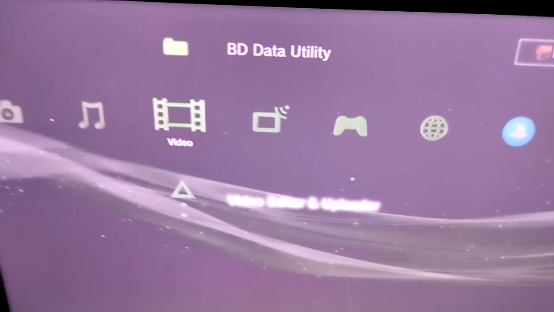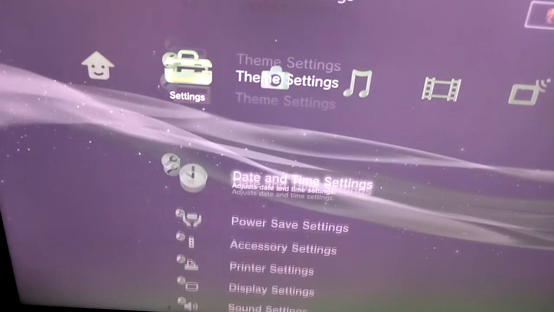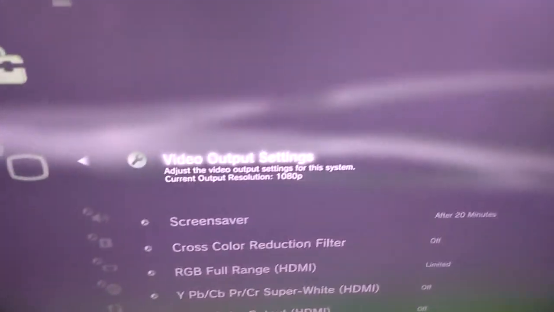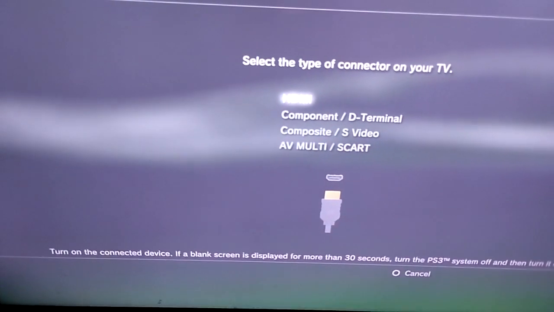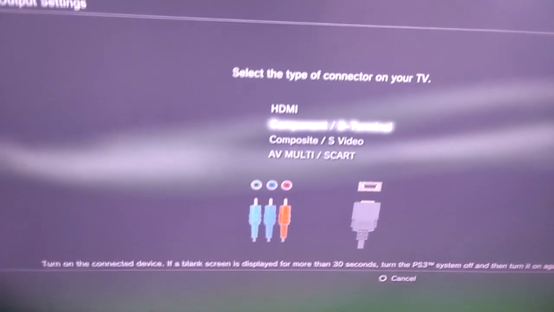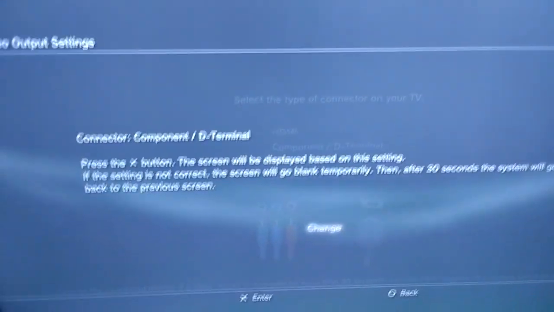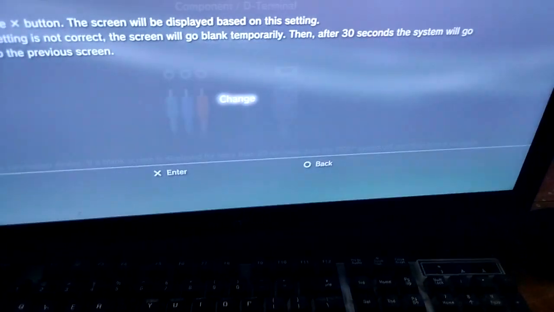You don't have to buy any other stuff to bypass HDCP. You can buy this little thing, and it's very cheap, not expensive, right? And if you connect this, you go to the display setting right here. Go to the display setting and video output setting. You can choose component and D terminal. Choose them and change. Click enter,